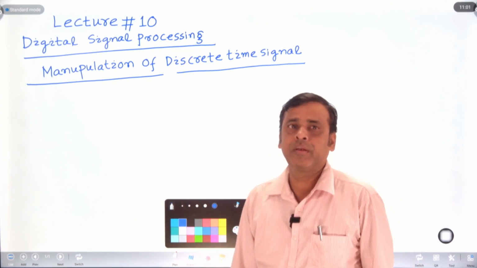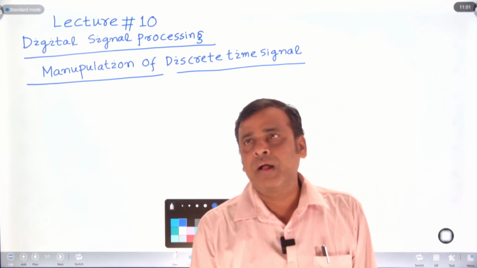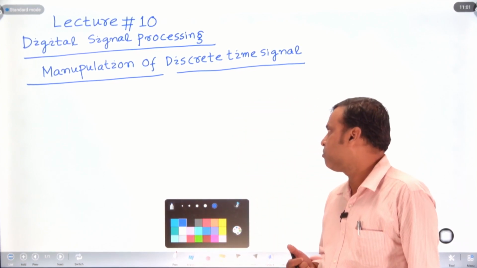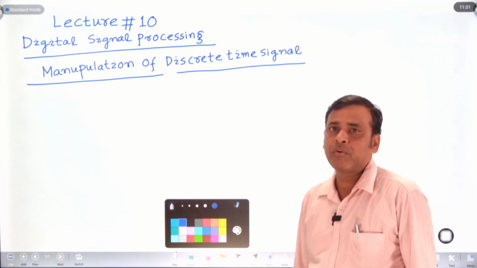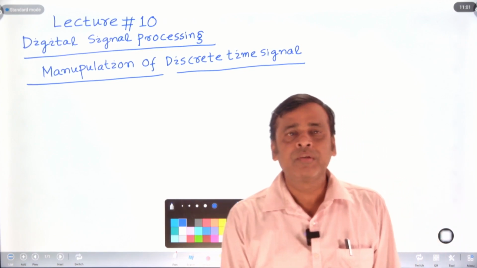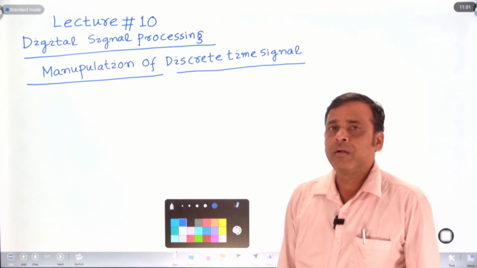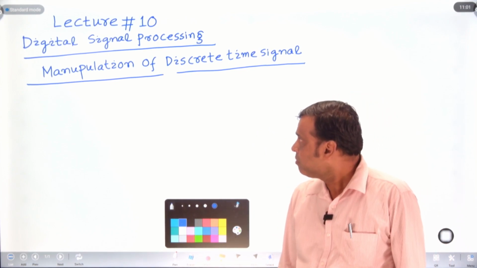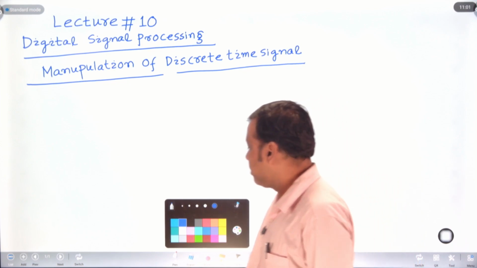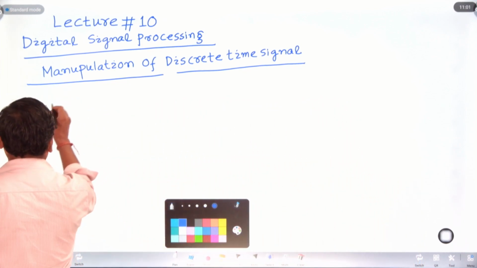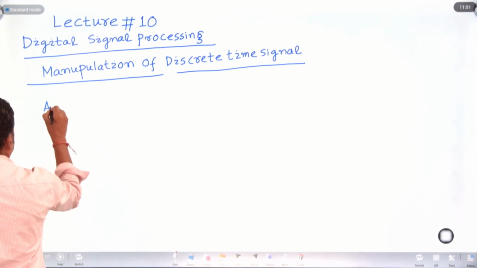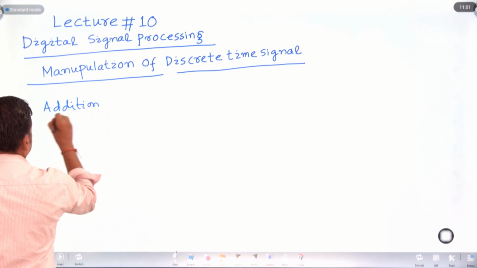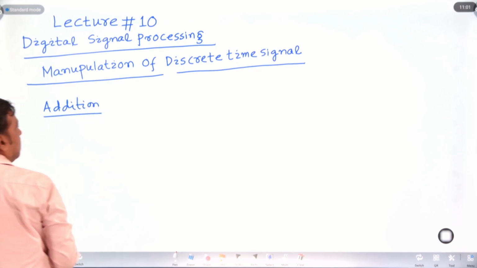x1 of n, x2 of n, x3 of n, and you add them, that means x1 of n added with x2 of n and with x3 of n, what will be the sum of the signals x1 of n, x2 of n and x3 of n. Now, in manipulation of discrete time signals, take the addition operation. In case of addition operation, suppose two discrete time signals are given,